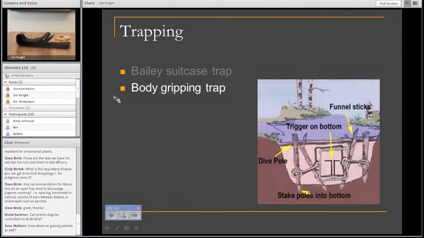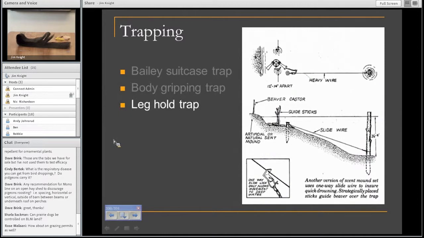Bank hold traps are still used. Bank hold traps are set up so that as the beaver are stepping onto the bank, they will step on a trap that is submerged just below the bank, and they jump into the deep water where there's a one-way slider that goes down a wire, gets them into the deep water where they can't come up and they drown. That was used back when the West was being settled, and it's still used as a good method of trapping beaver. So if people don't want to learn how to do that themselves, this at least lets them know the kind of things that a trapper would be doing if he was trapping these beaver for you.